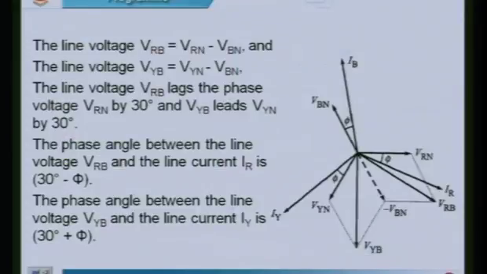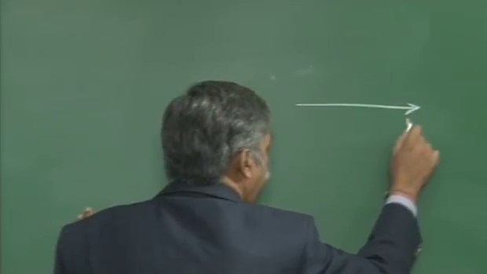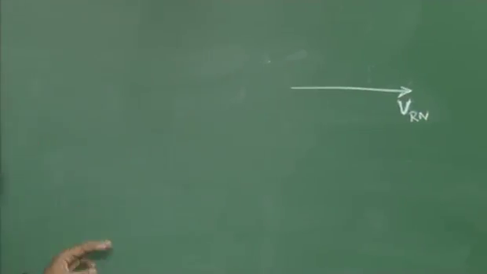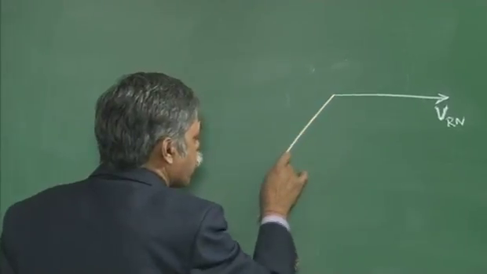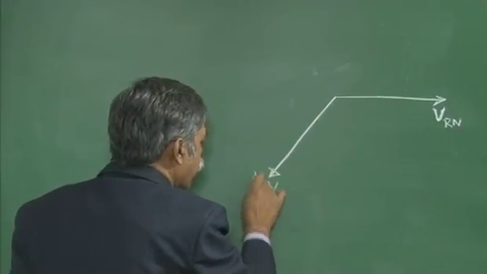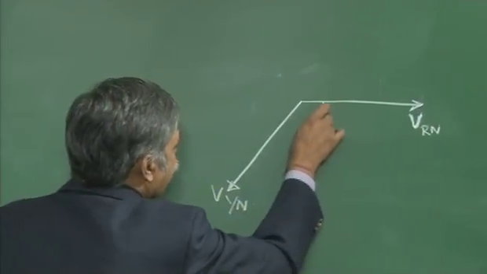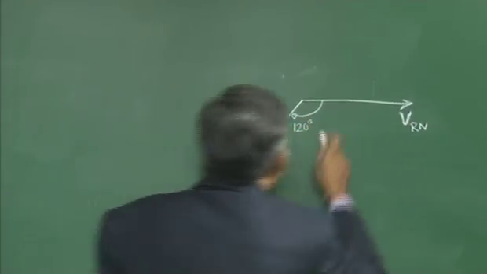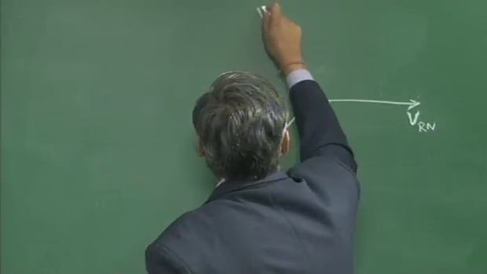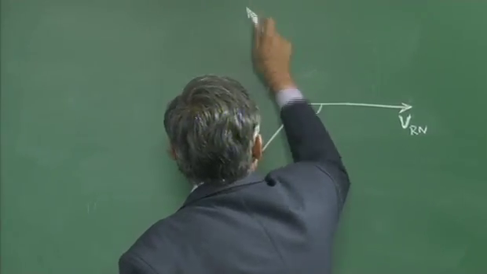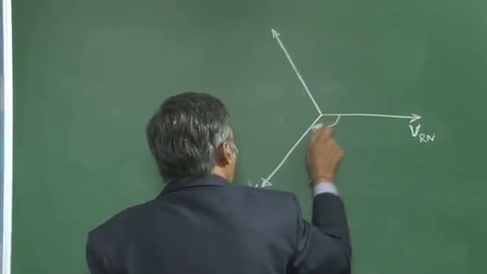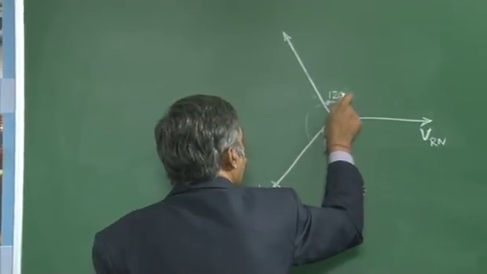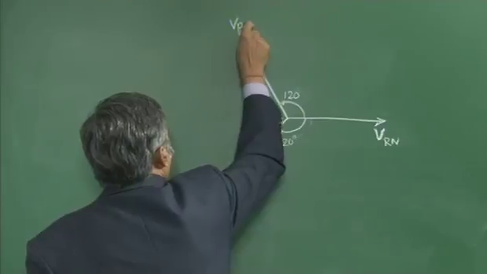I will be considering the phase voltage VRN as the reference quantity. I am taking the RMS value, therefore I am using capital letters there. Then the corresponding phase voltage VYN, the next phase voltage, lags behind the voltage VRN by 120 degrees, and the third voltage VBN leads VRN, the reference voltage, by 120, or lags behind by 240, either way. I write this 120. This is my VBN RMS value.